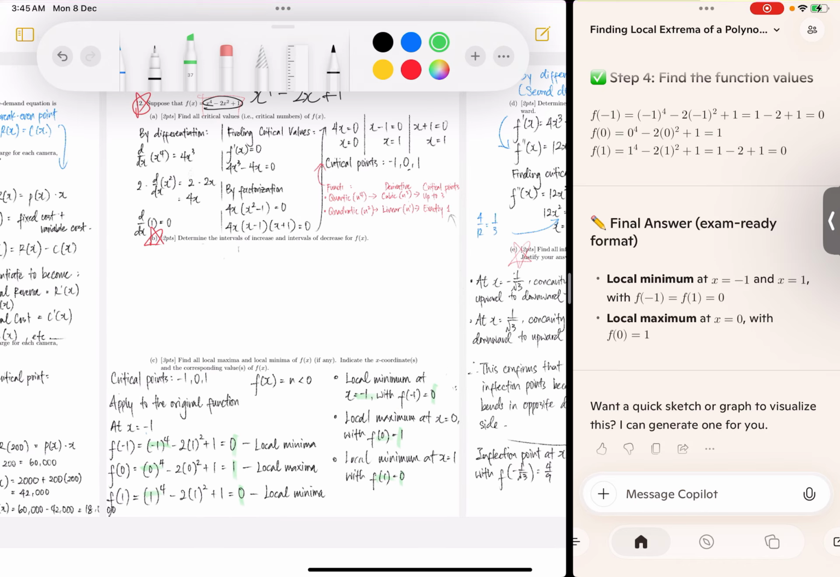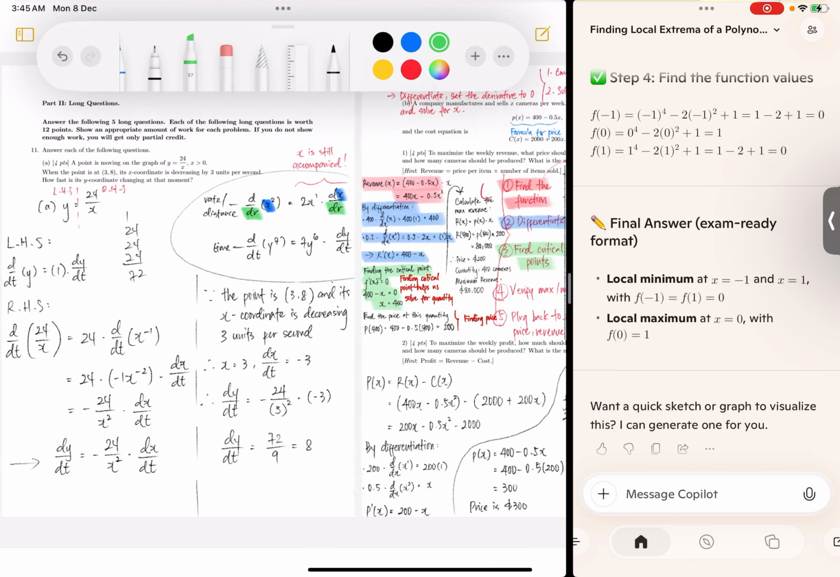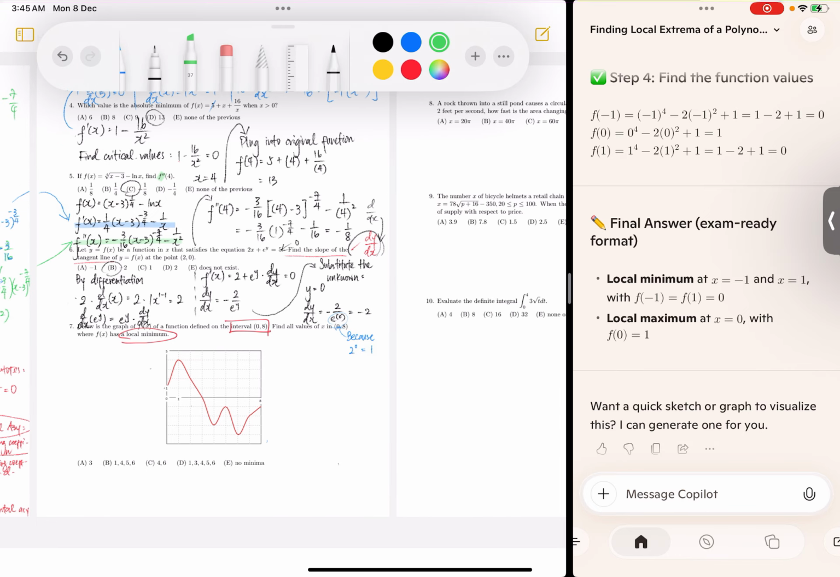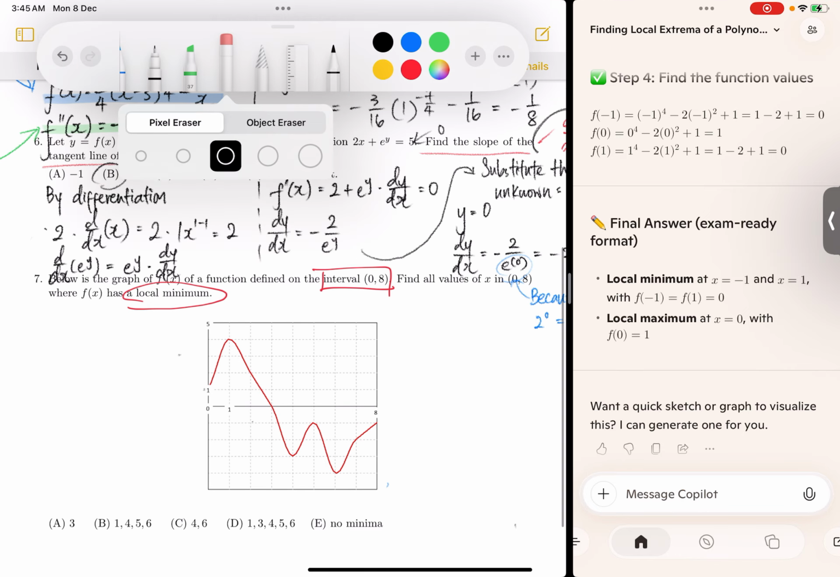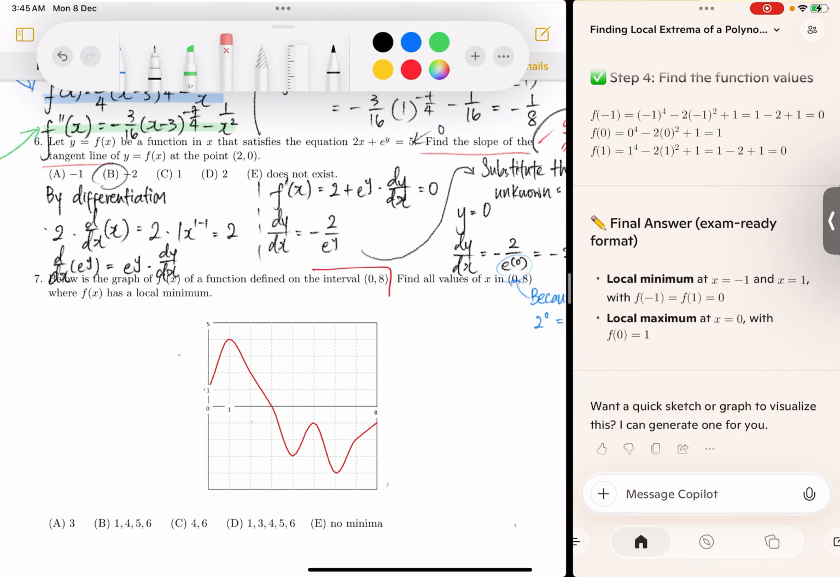Okay, now that we've gotten this out of the way, we're now going to try and undo this. Question 7 tells us that below is the graph of f(x), a function defined on the interval of 0, 8. Find all the